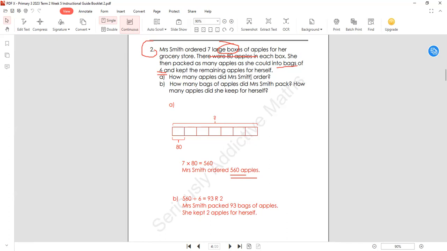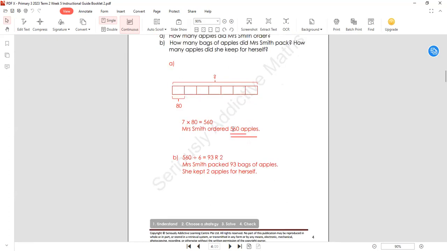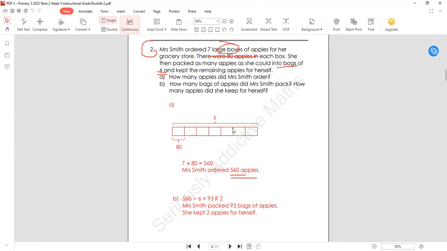Part B is she then packed as many apples as she could into bags of 6. So no need to draw a bar model, right? Because this one is division. So the total number of apples divided by 6. Oh no, not 6 packs, 6 apples, right? Because it's into bags of 6. So it's 93, and then 2 apples are kept for herself,